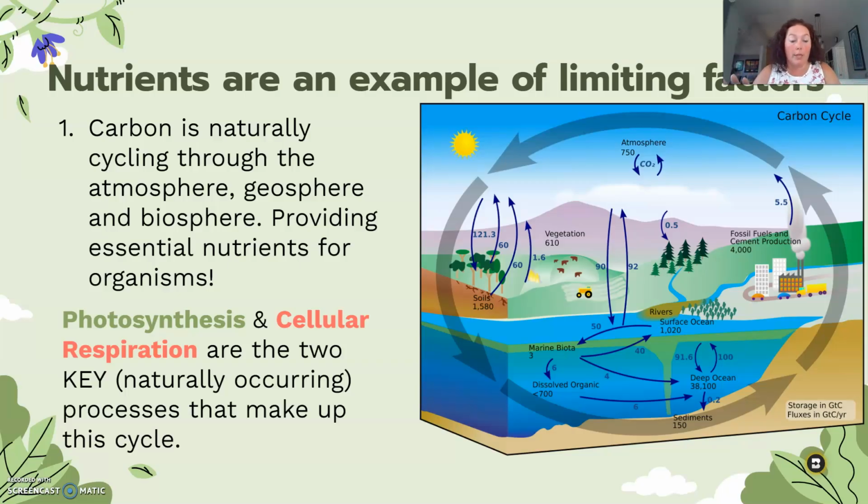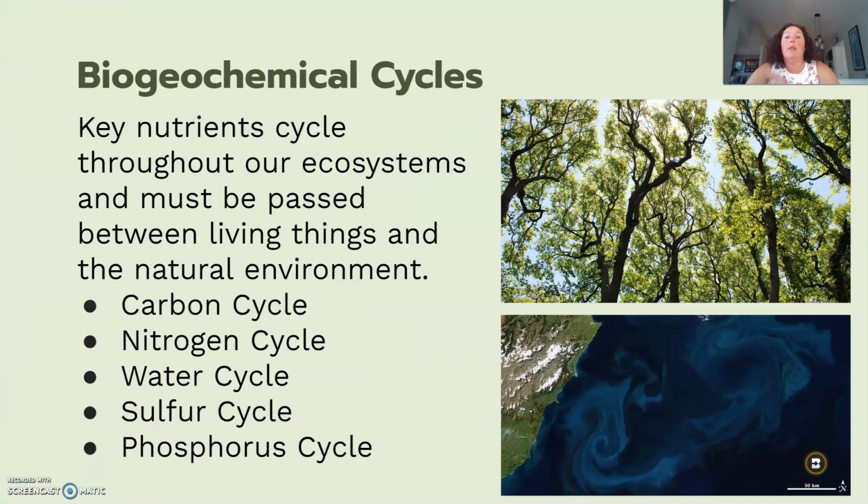We're not the only organisms on the earth. The other biogeochemical cycles that are very important are, like I said, the carbon cycle and the nitrogen cycle. Without nitrogen, we couldn't make proteins, we couldn't make DNA. The water cycle: all living things need water, especially for the processes of photosynthesis and cellular respiration and building molecules in our system, and we'll talk about that a little bit later.